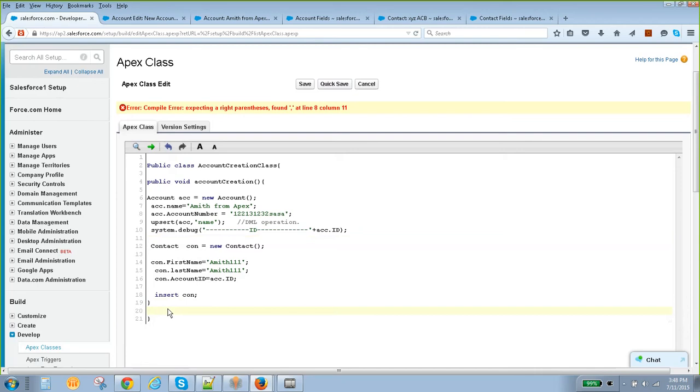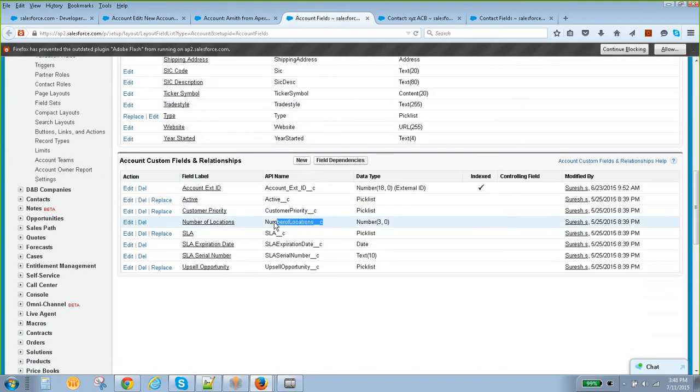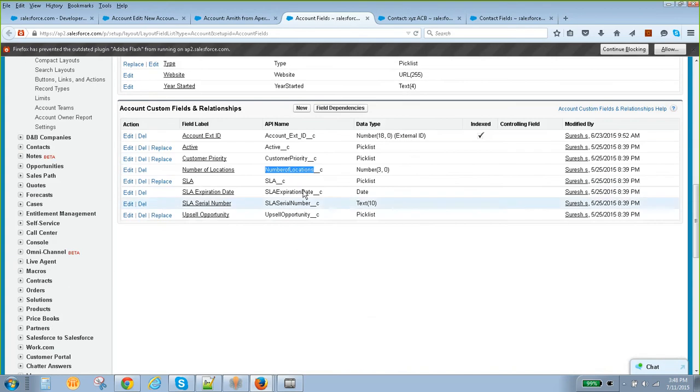Yeah, these are nothing but basic concepts regarding these three things. Okay, so how to create, we can create, okay, and another thing. These are nothing but standard fields, right? If it is a custom field, then make sure to use the API name. Custom fields are identified by underscore C. We have to use this one. It's not case sensitive, right? No, it is case insensitive. Make sure it is underscore C.